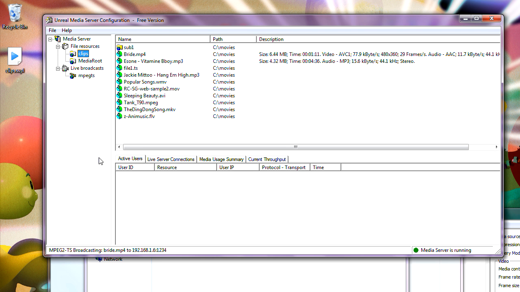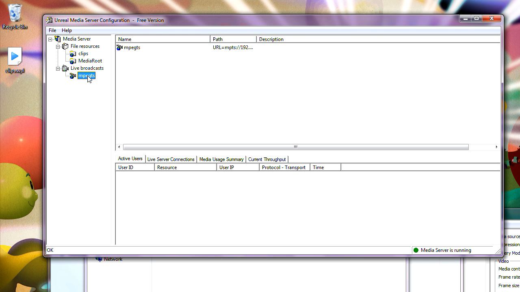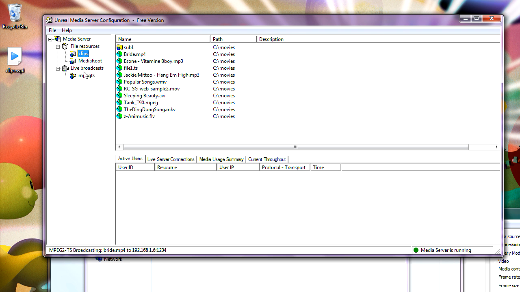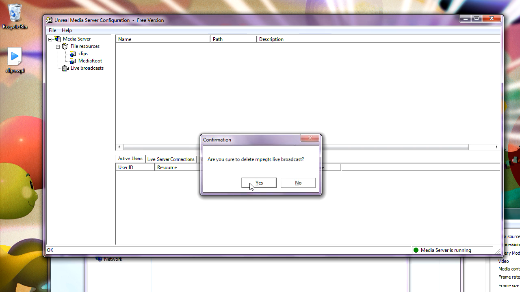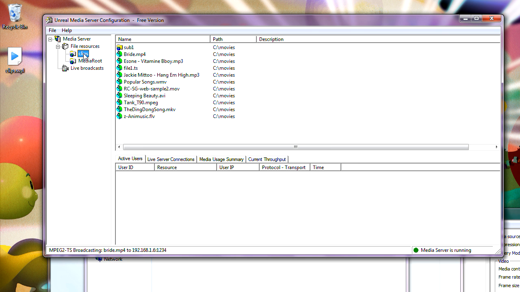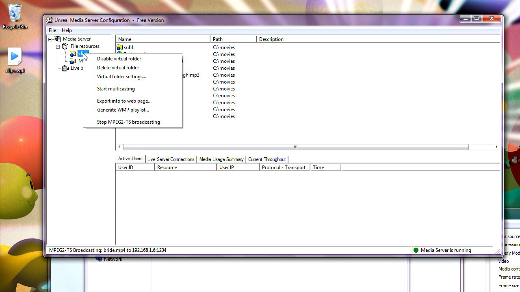It's just a trick to stream it to iPad and iPhone. So we don't need MPEG-TS live broadcast anymore. Let's delete it. Let's stop MPEG-2 transport stream,